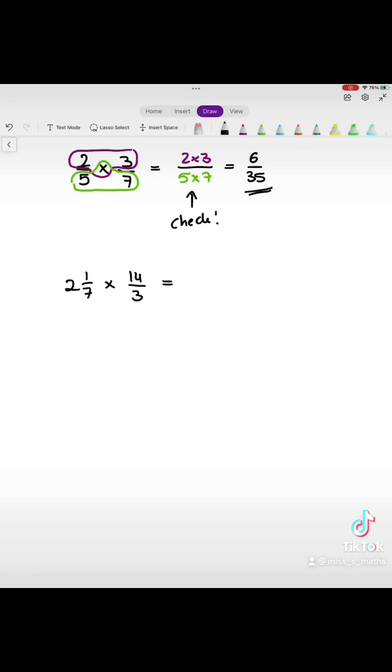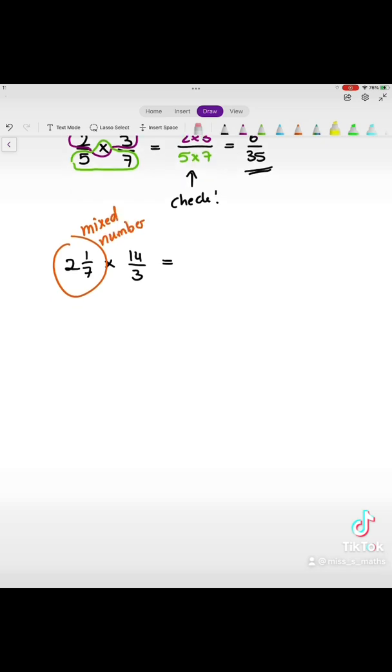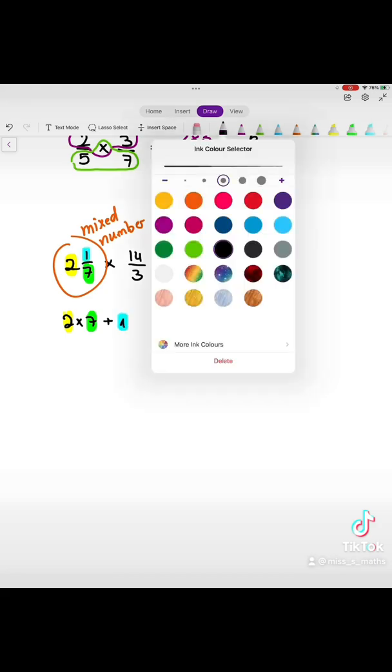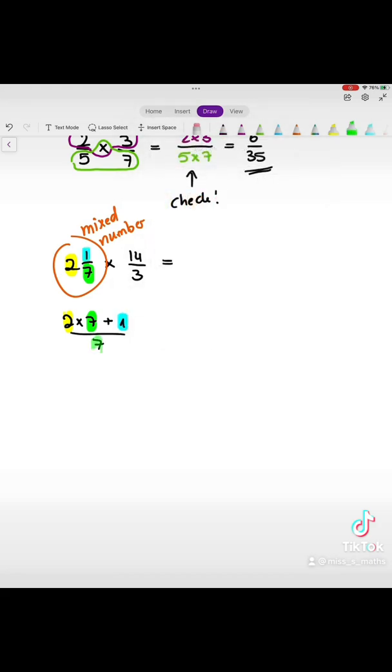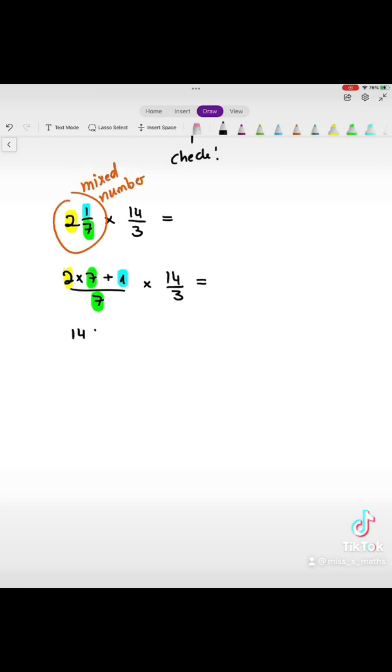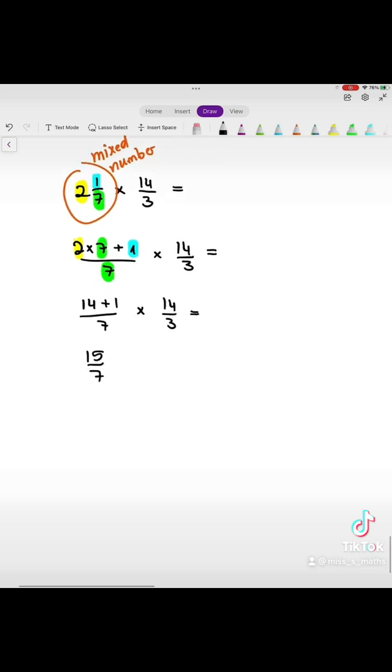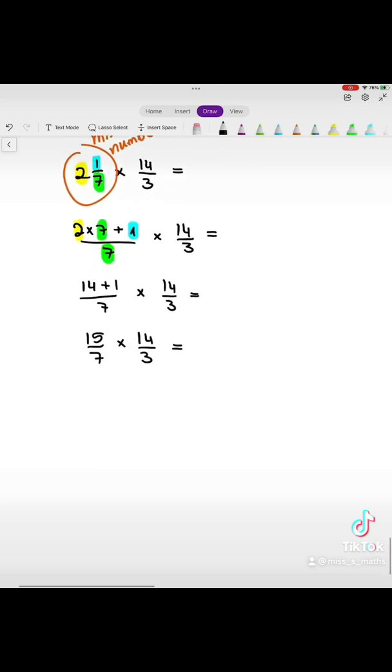Whenever you have a mixed number involved, please always change it into an improper fraction first, because otherwise you can't use that rule. So you have to multiply the number of wholes by your denominator and then add the numerator of that mixed number to that, and this forms your new numerator of that improper fraction, and you put the old denominator just underneath, and then you multiply that by 14 over 3, but you have to simplify first. So 2 times 7 is 14 plus 1 is 15 over 7 times 14 over 3,